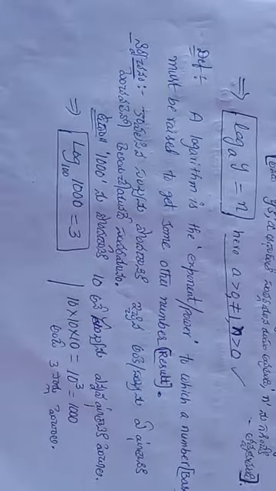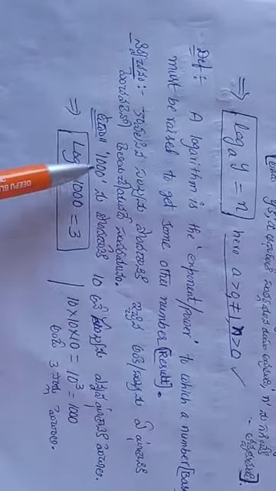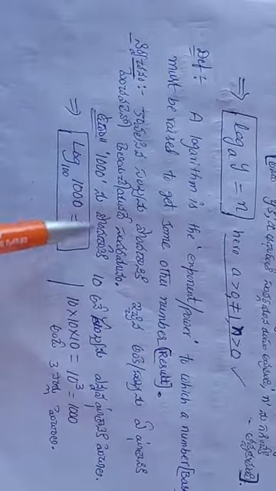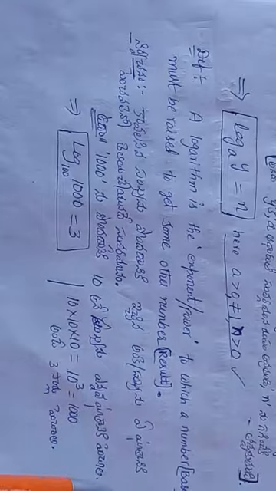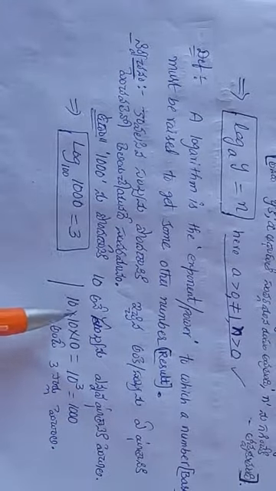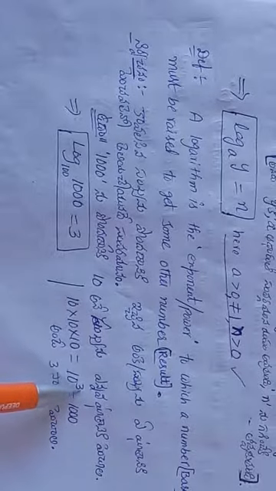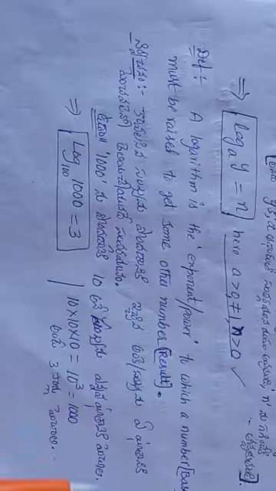See an example here. To get 1000, 10 has to be raised to which extent? We know if you multiply 10 three times with itself, you will get 1000, which can be expressed as 10 cube. 10 cube equals 1000. So it is very easy to know that to get 1000, 10 has to be raised 3 times.